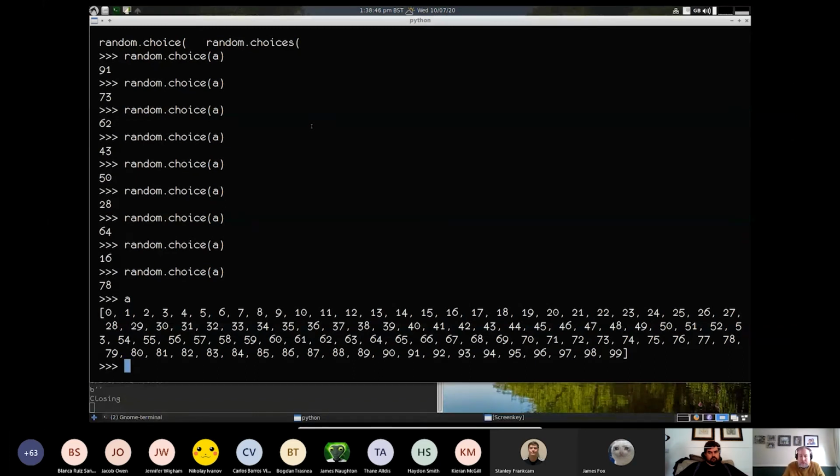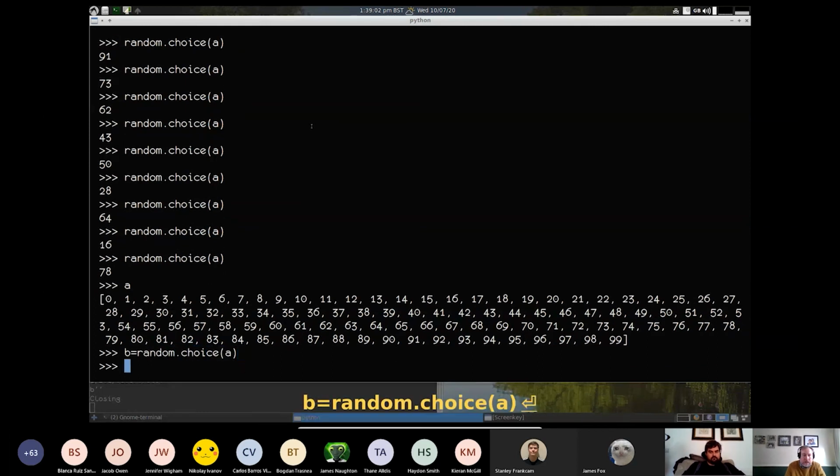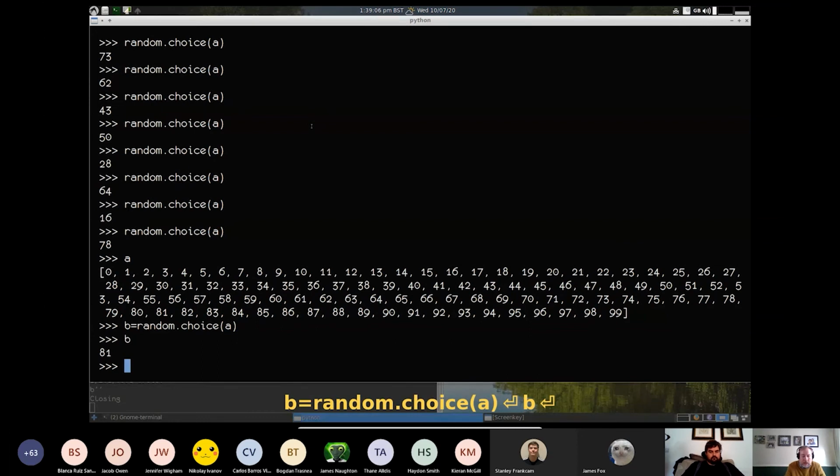I use this quite a lot for generating random stuff. So it's kind of handy. You put stuff in there and you say, well, I want a random one of these, but I don't want to keep reusing it. I want to pick from there. What you do is something like B equals random.choice from A, and then B is now equal to say 81, and A dot